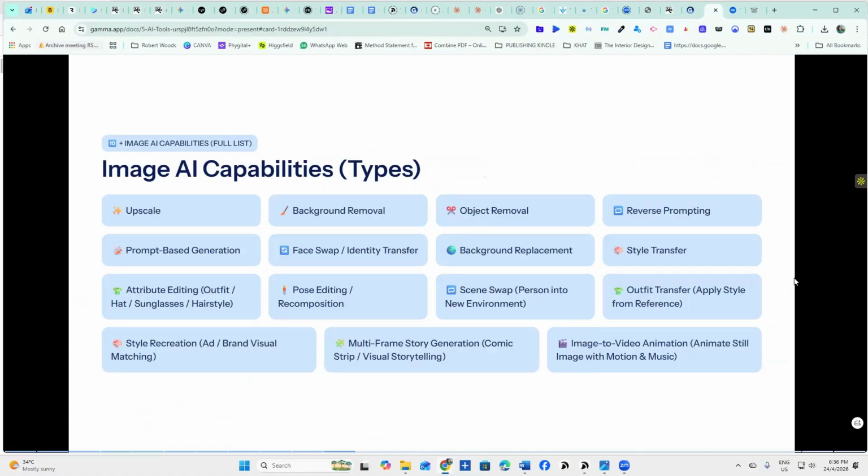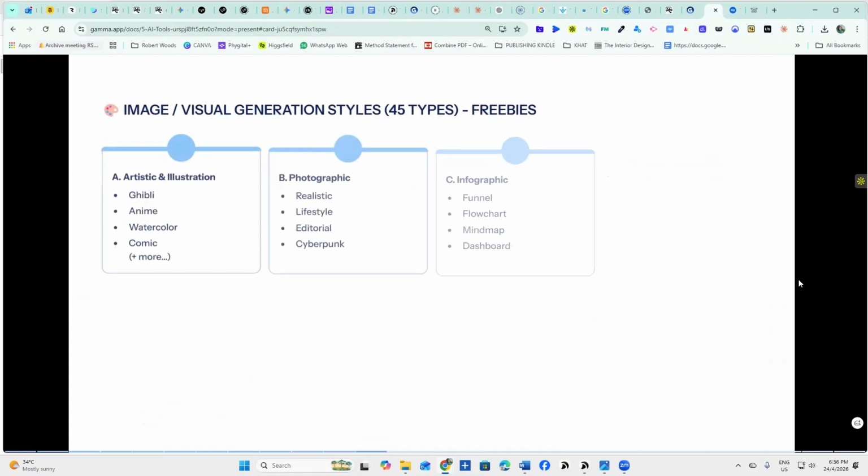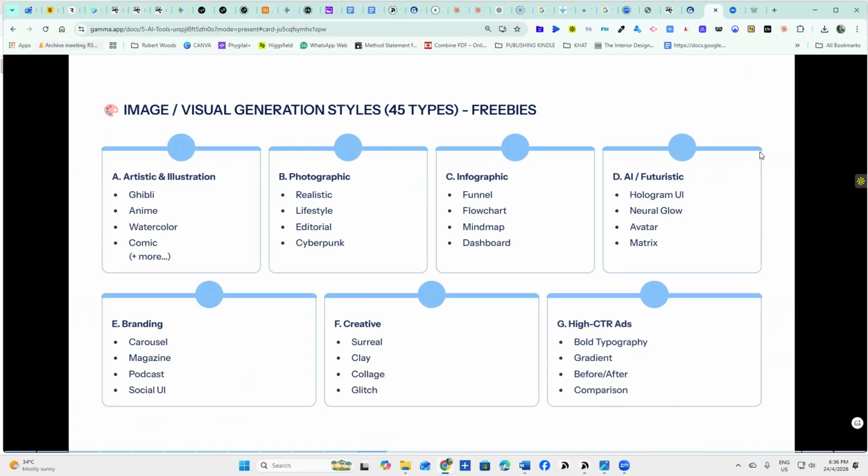Okay, this is the style that I talked about. It is like